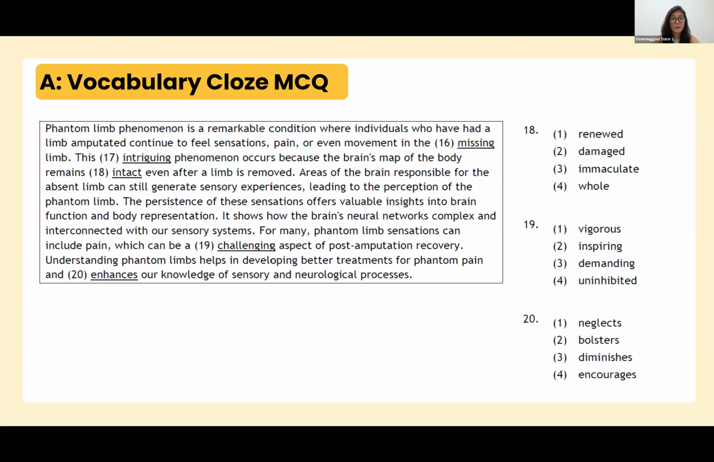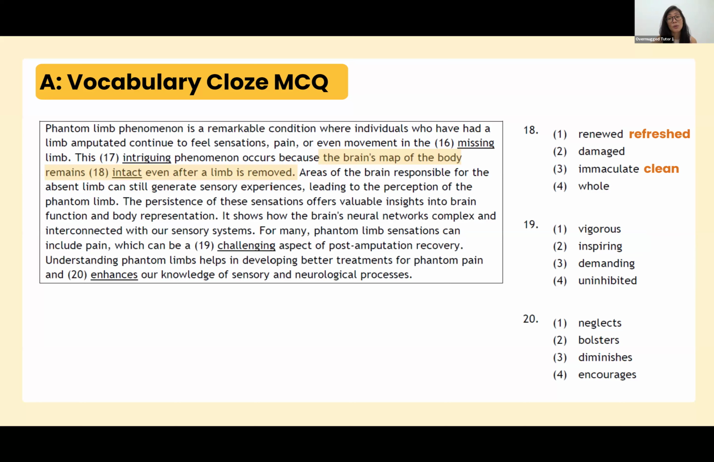Question number 18 talks about the brain's map of the body remaining intact even after a limb is removed. So in this case, your brain remembers where your body parts are, even if you were to close your eyes. And that is the brain's map. For instance, you can try it. Close your eyes. Can you put your finger to your nose? I'm sure you can find it without having to look, right? So in this case, when the map of the body remains intact,